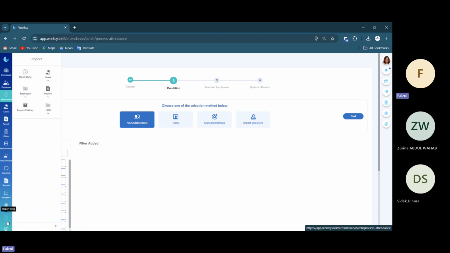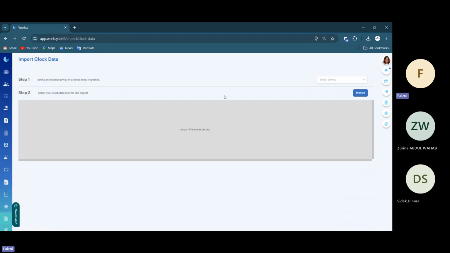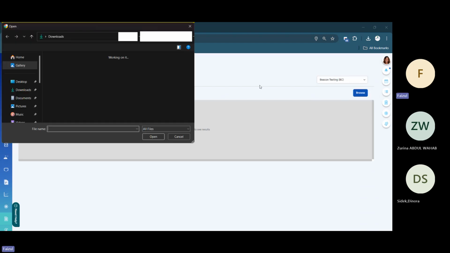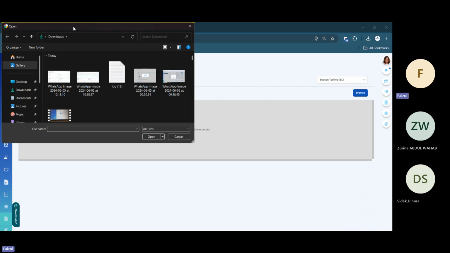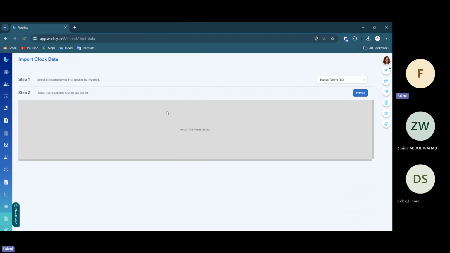Alright, so next is based on the import. Import is if you want to import your clock data, and then you can select which device. So select the external device that needs to be imported. Then you can browse on this one. Browse means you need to browse your TXT template in out, and also your staff name,